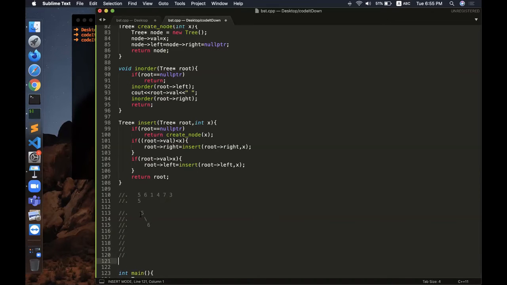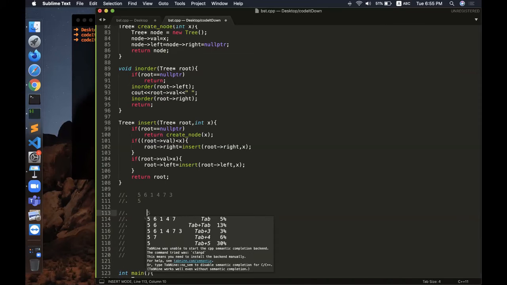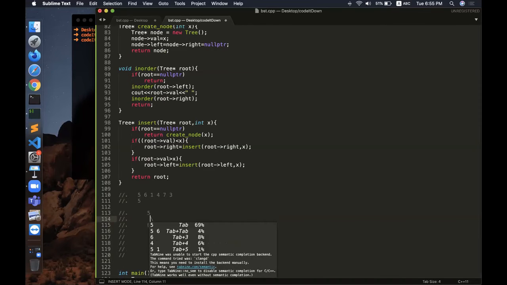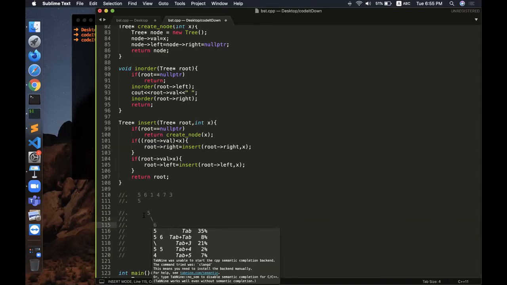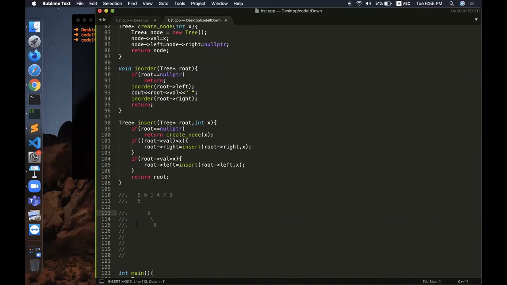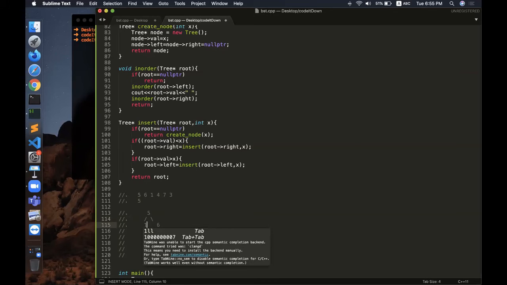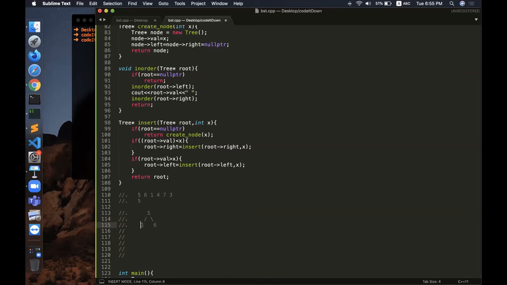Now after inserting 6, I want to insert the value 1. What should be my procedure? I'll start at the root. The value is 5, but 1 is lesser than 5. So I should go to the left, but in left there are no nodes, it is null. So as per my algorithm, I should simply create a node here and fill value 1 here.